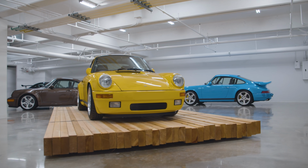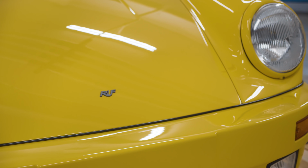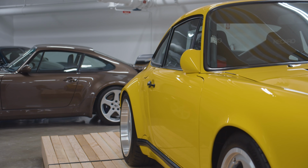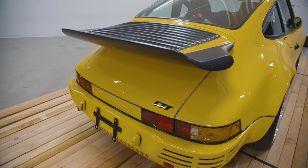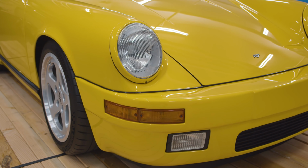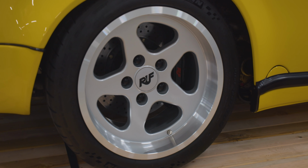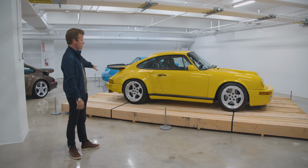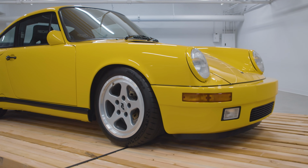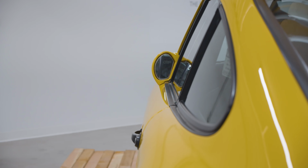The Yellowbird, as you see when you get closer, it has a motorsport-inspired interior, Recaro motorsport seats, but from the outside, the visuals are more or less a 930 turbo rear end, a narrower front end. Ruf has an iconic wheel that you will see kind of living through an evolution of themes in some of these cars. Also the bodywork, the venting, the front valence, but this car is pretty unassuming to a non-Porsche follower,